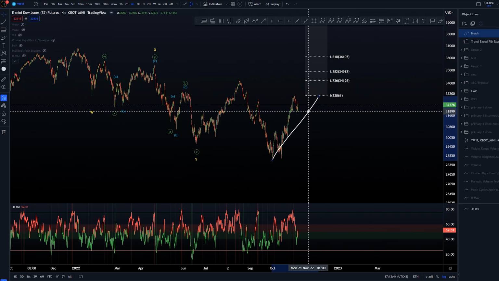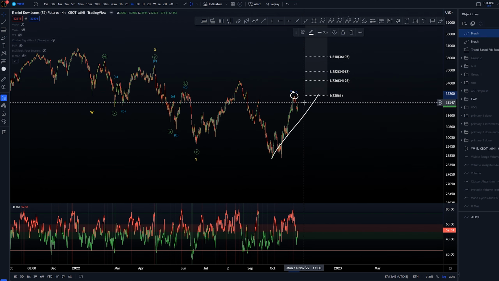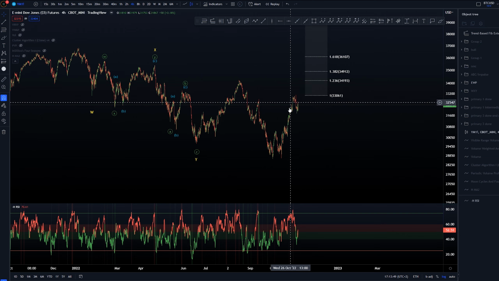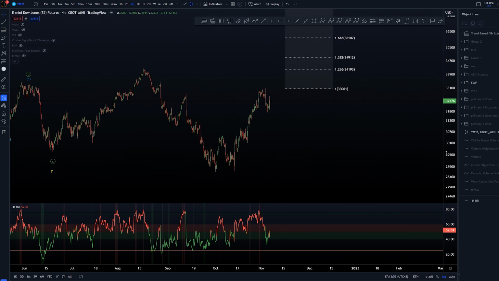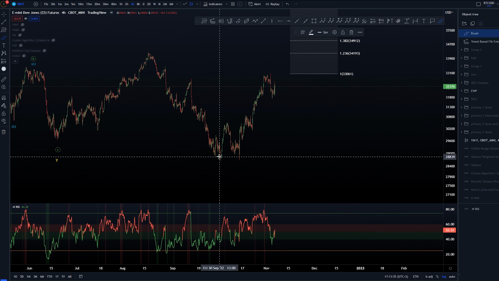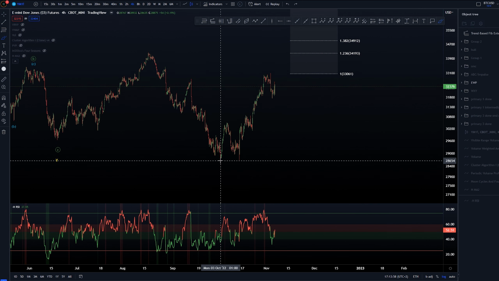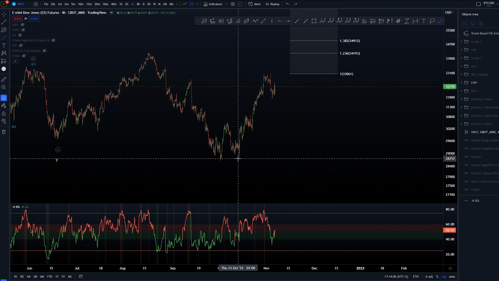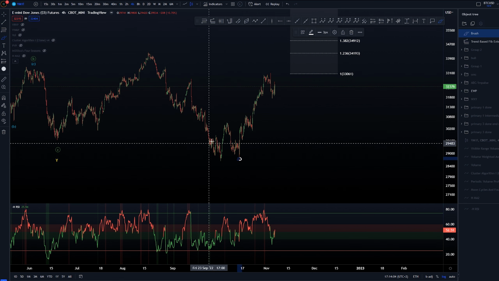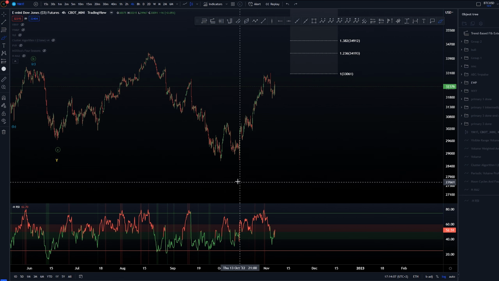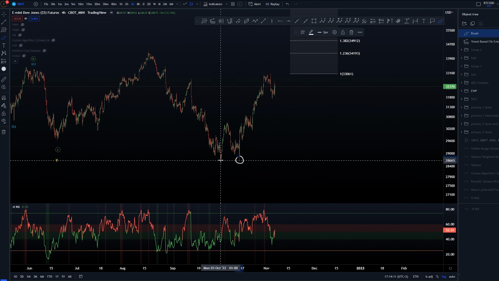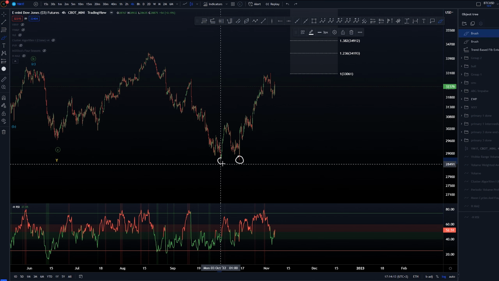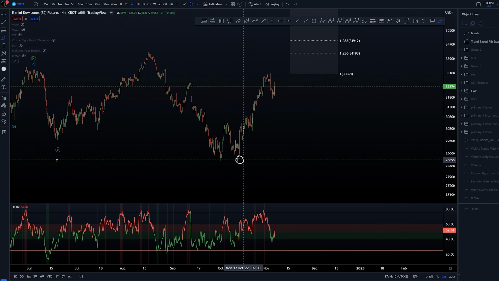For this one, we see that we tagged the one-to-one over here at this current highs, and I think this Dow is actually the only one that did not take out the lows that we had put in place on 3rd of October with the more recent 13th of October lows. And again, most of the other indices, S&P 500, Nasdaq, and even the Russell, I think took out these lows, or these lows with the more current 13th lows.